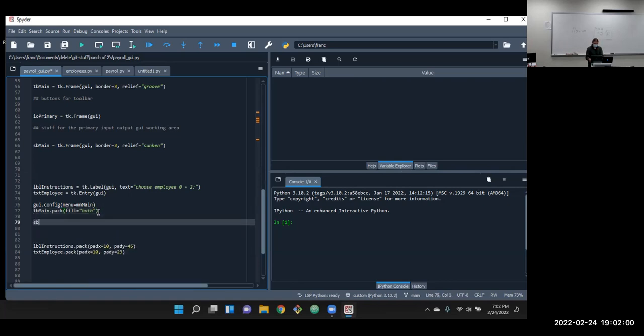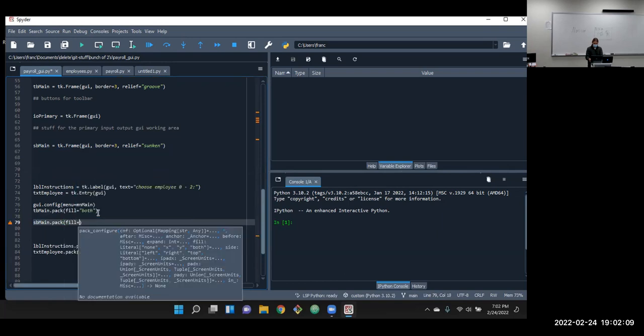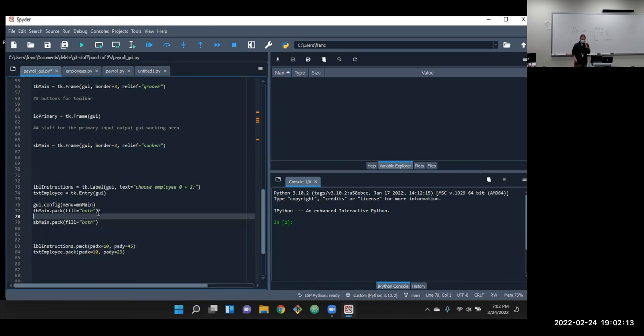Same thing with our status bar. It's going to be down at the bottom. So our main status bar, we're going to pack that in. And again, we want to fill it both ways. But in between them, sort of the same thing. We're going to pack it in there, right in between them. Fill both ways to go horizontally, and expand to go vertically.